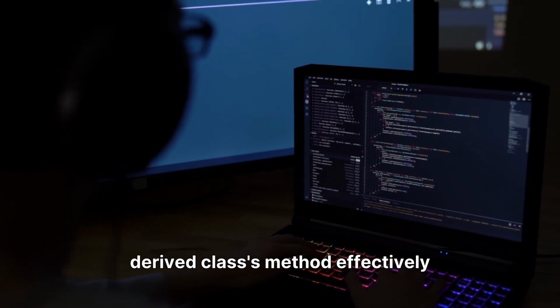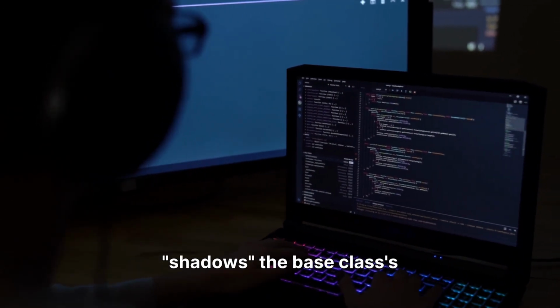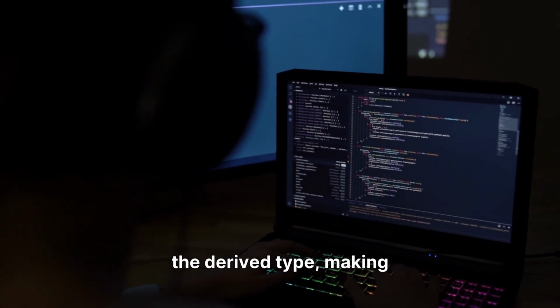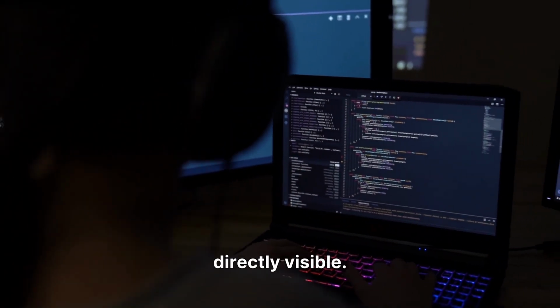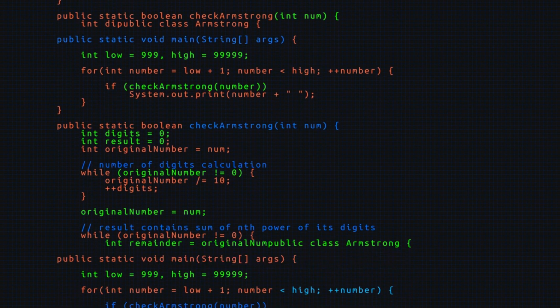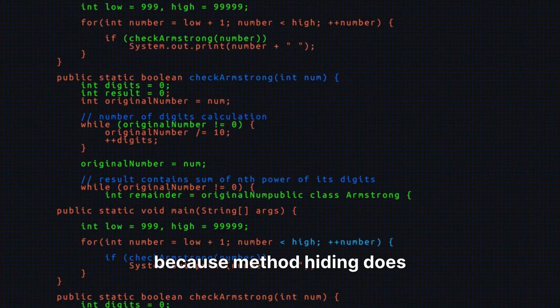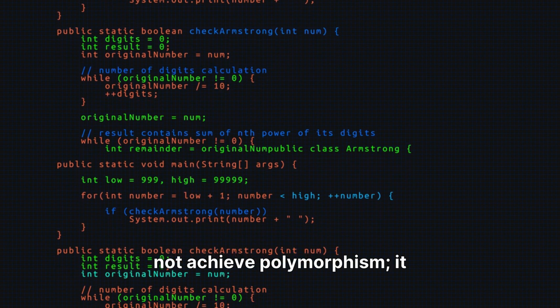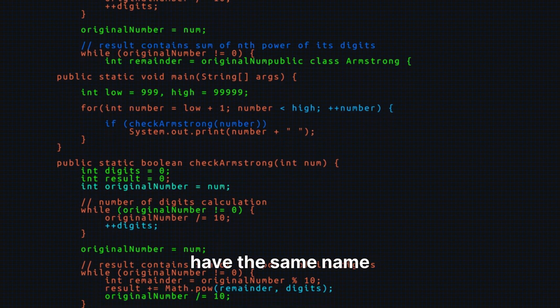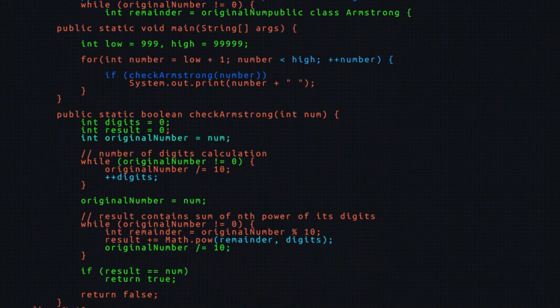This means that the derived class's method effectively shadows the base class's method when accessed through the derived type, making the base method less directly visible. This is known as method hiding, not overriding. It's a crucial distinction because method hiding does not achieve polymorphism. It simply creates a new method that happens to have the same name as an inherited one, without altering the